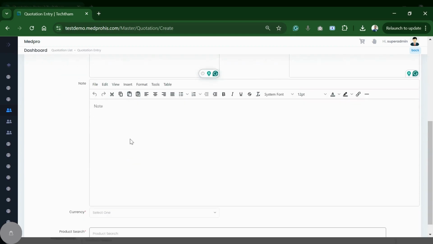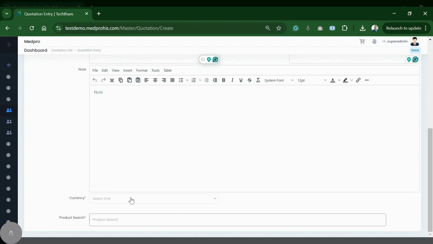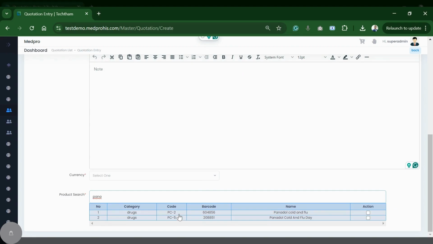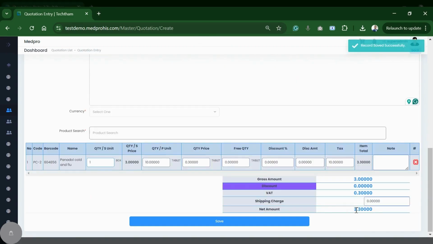And other notes if you want. Then currency, automatically it is by default BSD, you don't need to do anything. And the product, suppose you want Panadol, you want to send the quotation. So I'm just adding one item, save it, and then your quotation